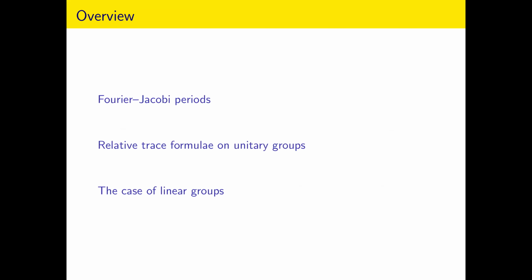So I will essentially explain two things, two subjects in the title. One is the Fourier-Jacobi period, and the other one is the relative trace formula. I will mainly focus on the trace formula on the unitary groups. At the end, I will say something about the case of linear groups. So first of all, what is this